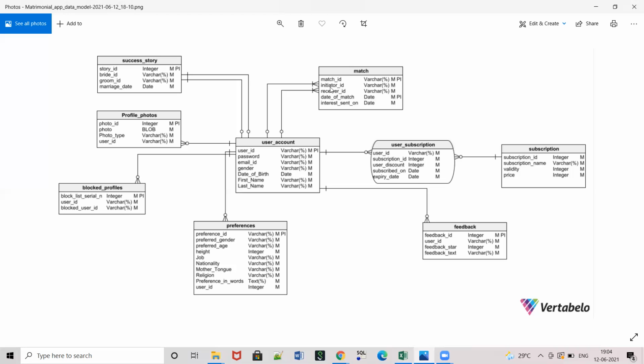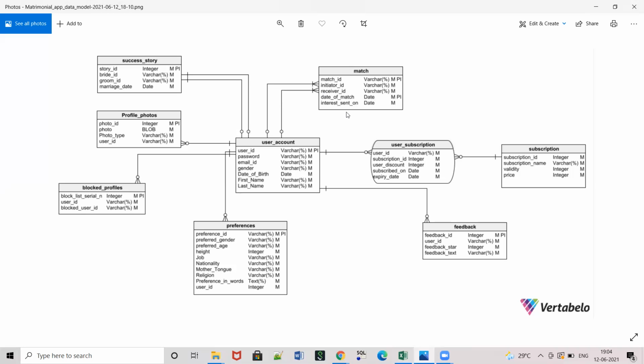Okay, but when you are accepting something, that particular match between you and one particular user is a unique thing, and that is having a match ID. Okay, so that is the reason for this initiator side it is one to many, but here it is one.